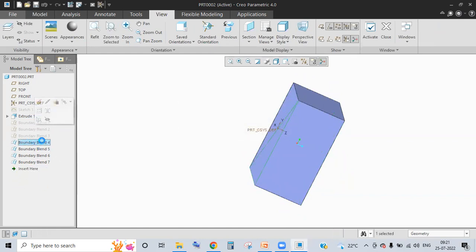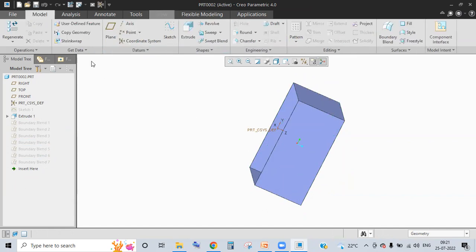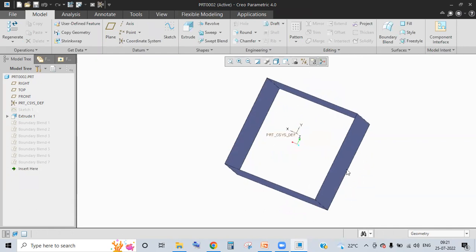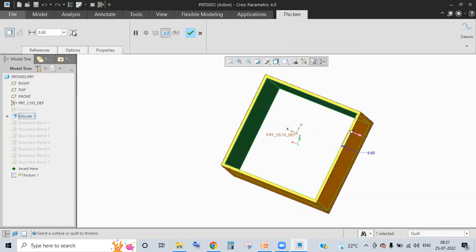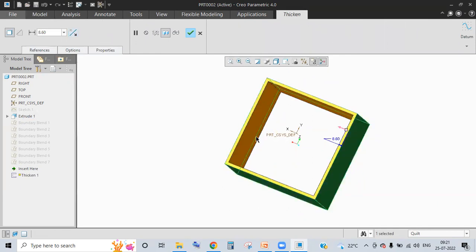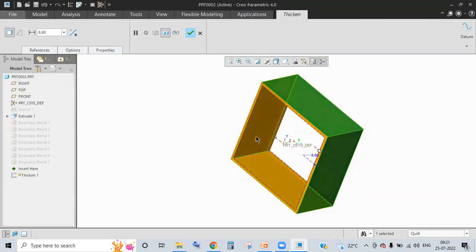You create surfaces, you make them into a single unit or single surface, closed. Basically it should be closed, then you convert that into a solid. Now again, I'll be converting this into solid. So click on extrude. There is something called thicken. Click on thicken and you can play with the options here. Whether you want outside, inside, or middle, however thick you want, you can use this